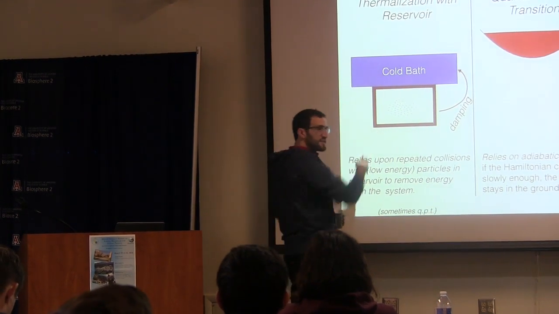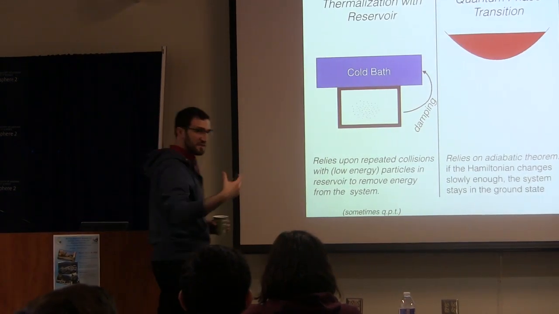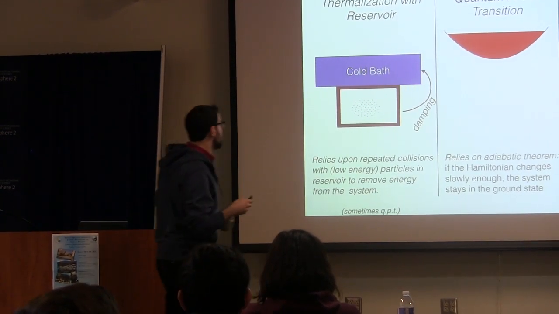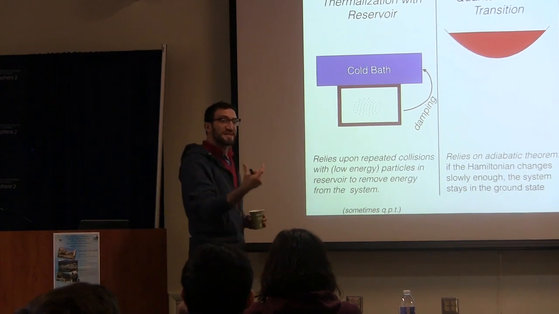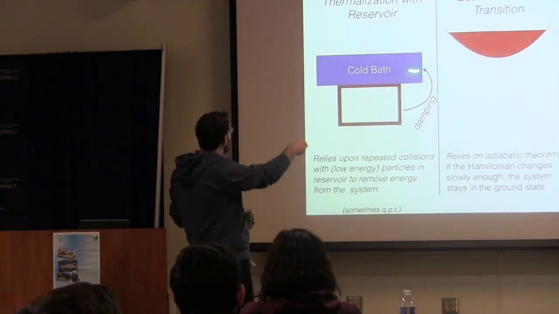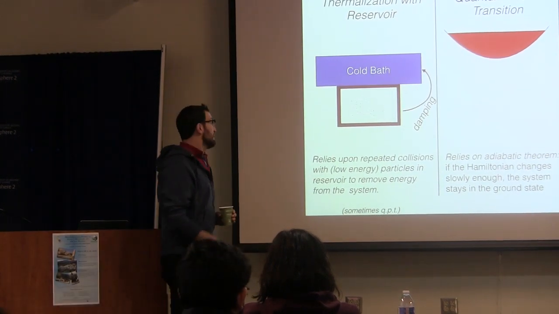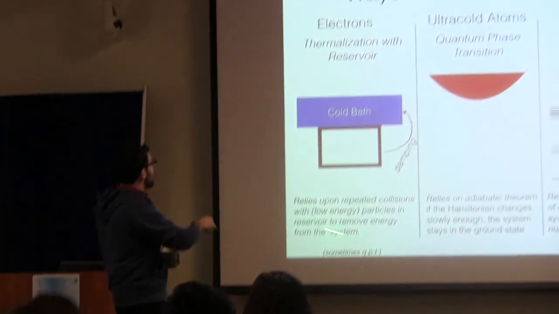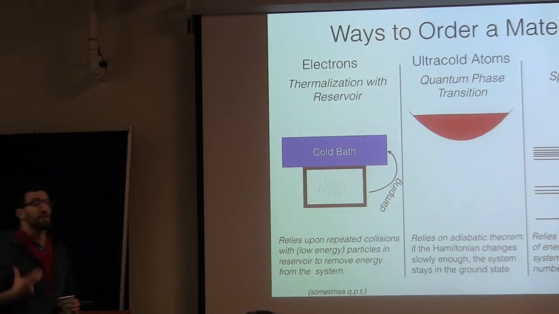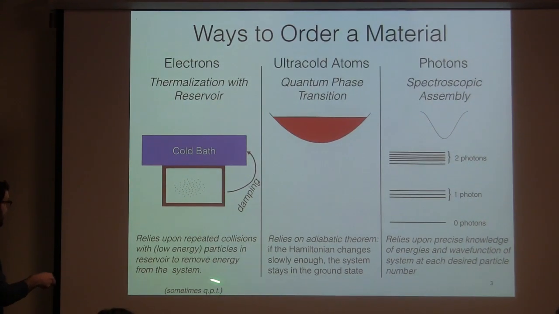Well, when I couple a hot system to a cold system, the energy... we're going to explore all microstates at the same energy with equal probability, which means that essentially energy will leave from one end. To what extent is that true? Okay, so this is one possibility, and this is the way we typically see ordering in electronic systems, although, as I point out down here, sometimes we see quantum-based transistors there.